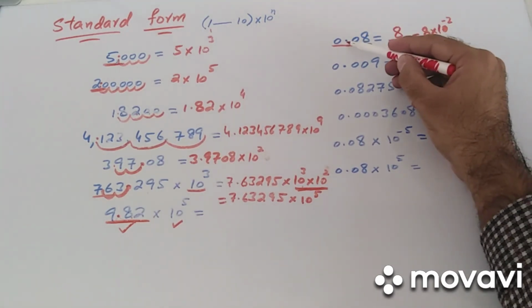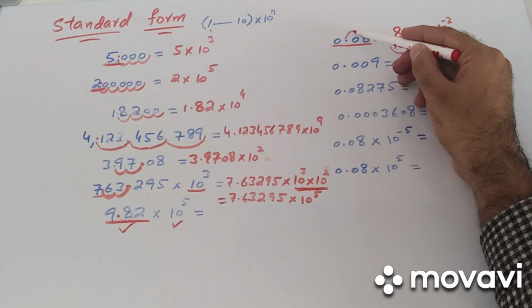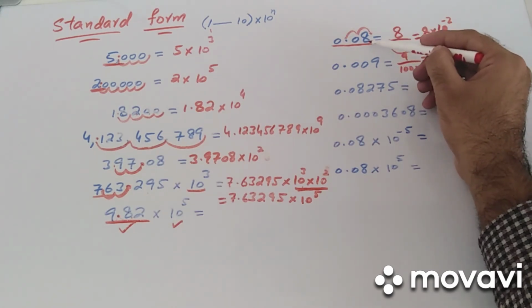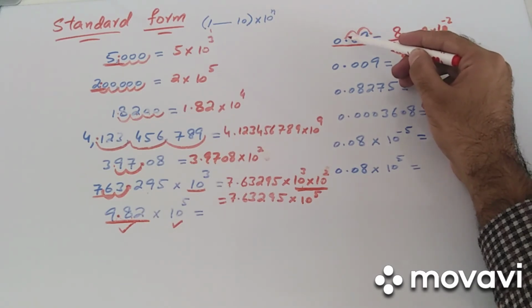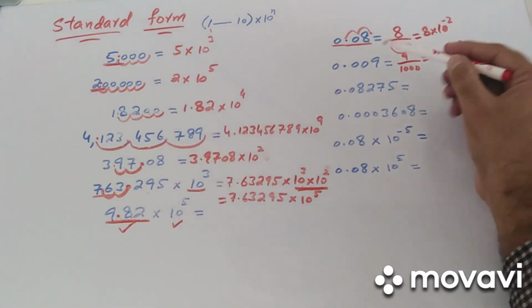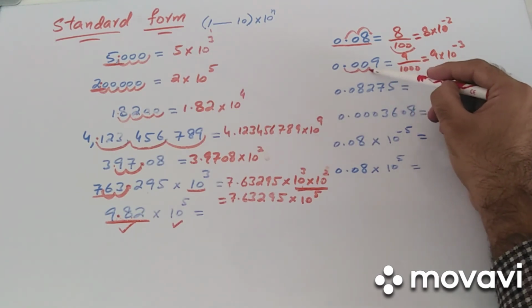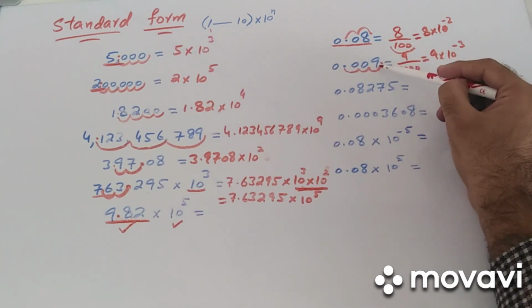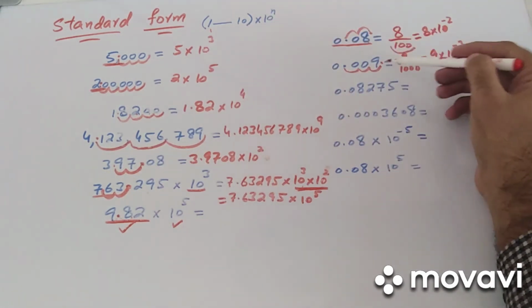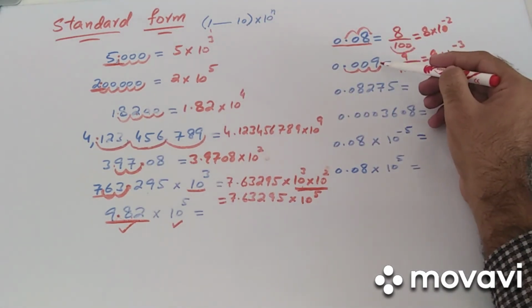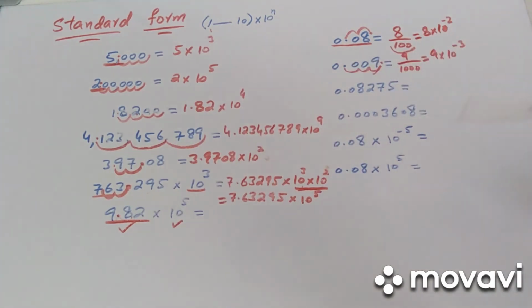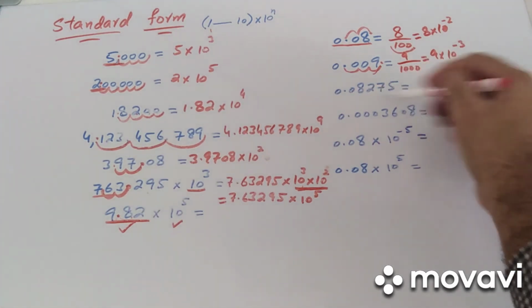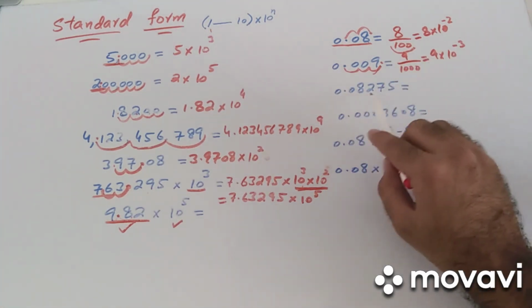So make it more means you have to multiply this, so you have to bring the decimal over there, right? Then this will be 8. So this time you got 8, but now if you read from here, you have to go 1 and 2 places back, which means you have to put the negative sign. Same is there, you just bring it there, then this number will be between 1 and 10, I mean that range, it will be 9. And now if you see from there, if you read, you have to go 1, 2 and 3 places back, so it's negative 3. Applying the same concept over there, you have to make it something between 1 and 10,